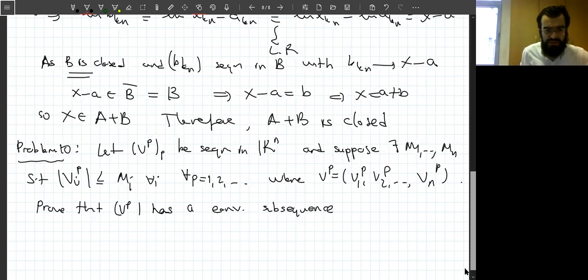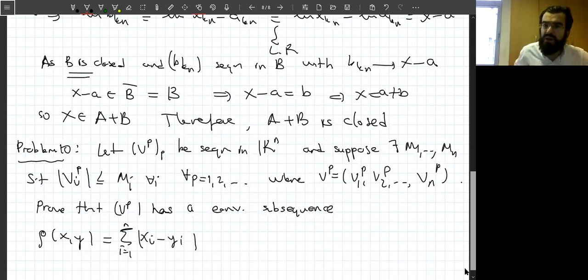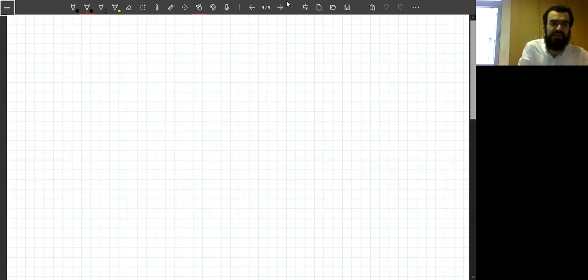Note that here in R we have the absolute value metric space, and I take this metric space like so. Okay, then